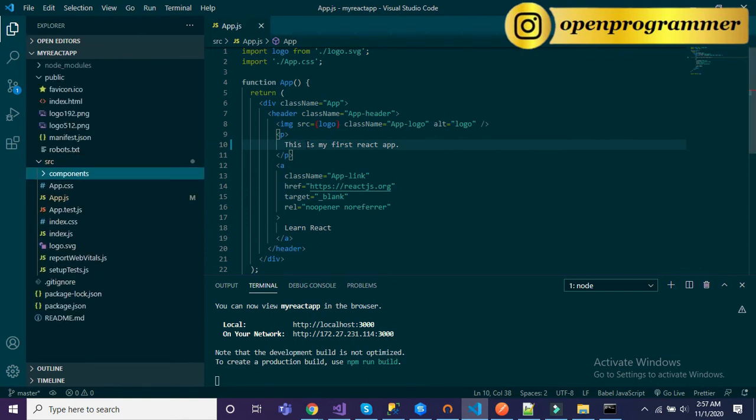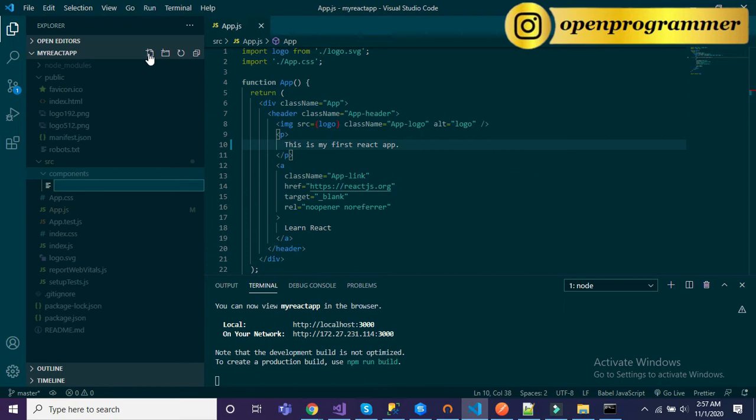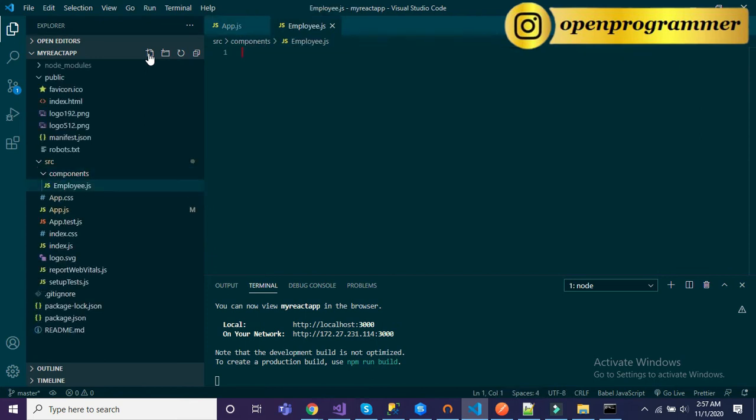Alright. In the components folder, select the components folder and create a new file, that is employee.js. Alright.